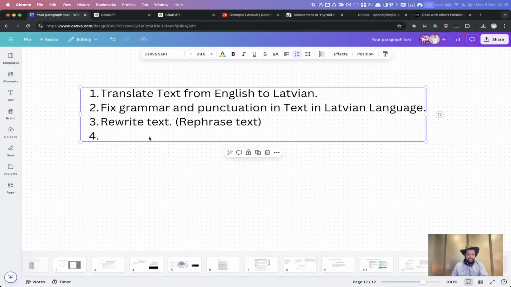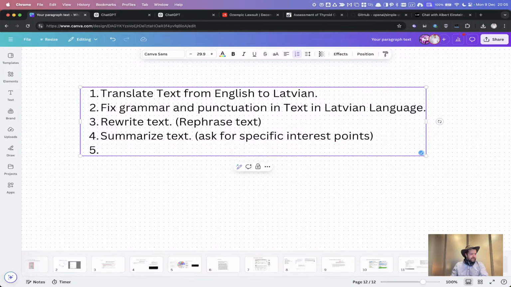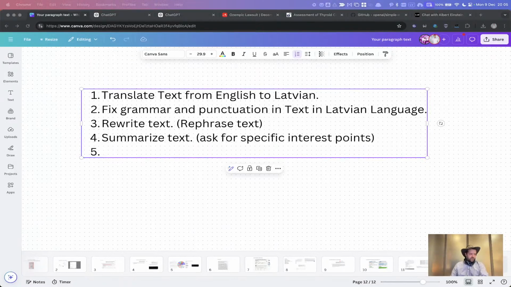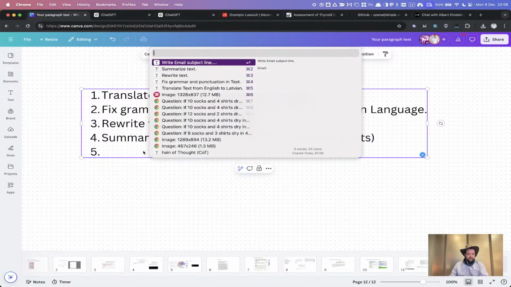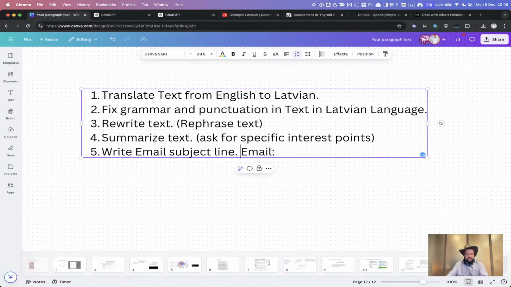So then summarize text, but then after summarizing text, you probably want to ask for specific interest points, so you need to do that. Because if you just ask summarize, it will be generic. You should ask like what exactly were the next tasks and so on. So then I like to ask